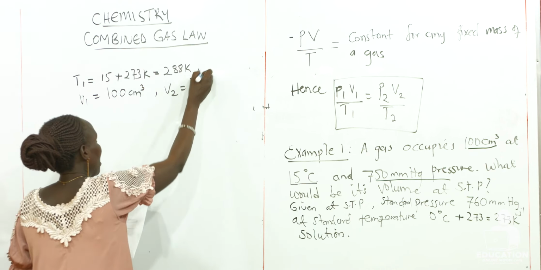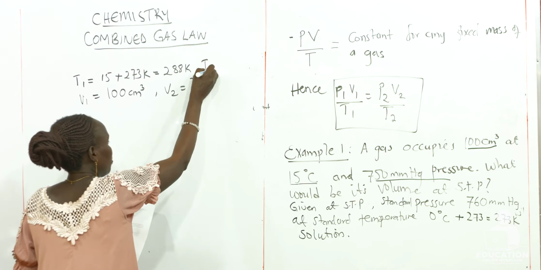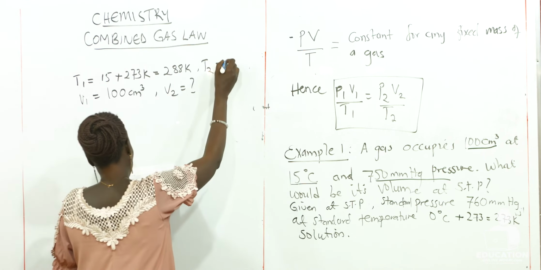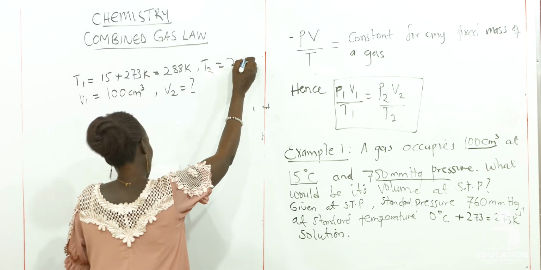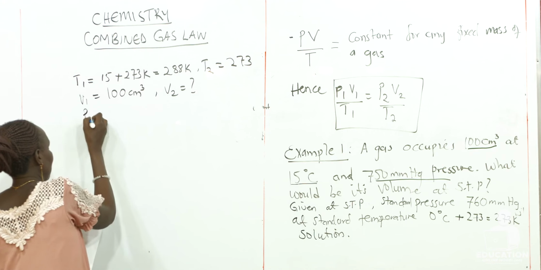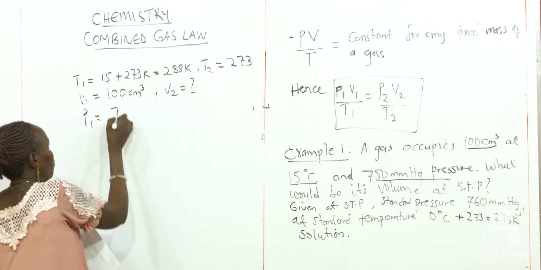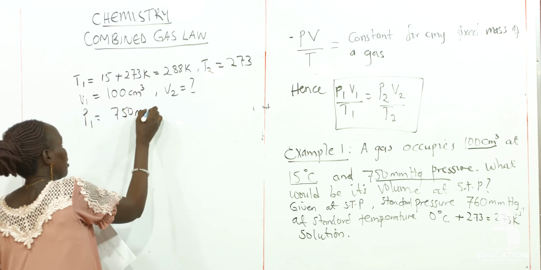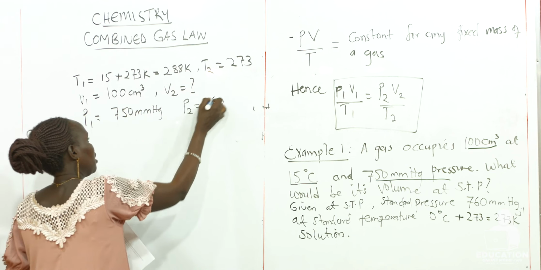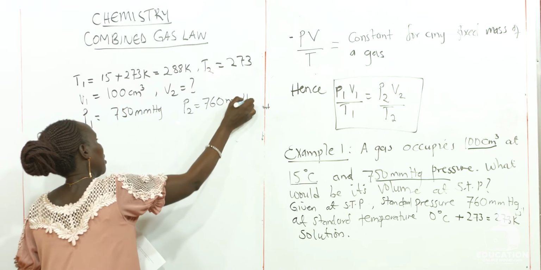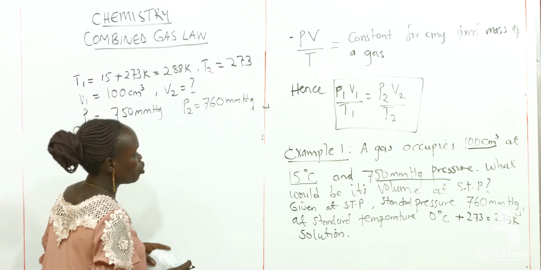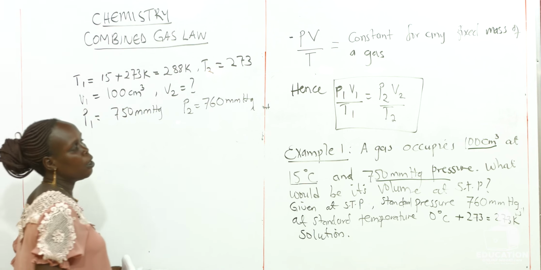volume 2 is unknown. We have temperature 2, which is the standard temperature, equal to 273. Here we have to get the pressure. Pressure 1 is 750 millimeters, and pressure 2 is 760 millimeters of mercury. We are going to apply these into the formula,